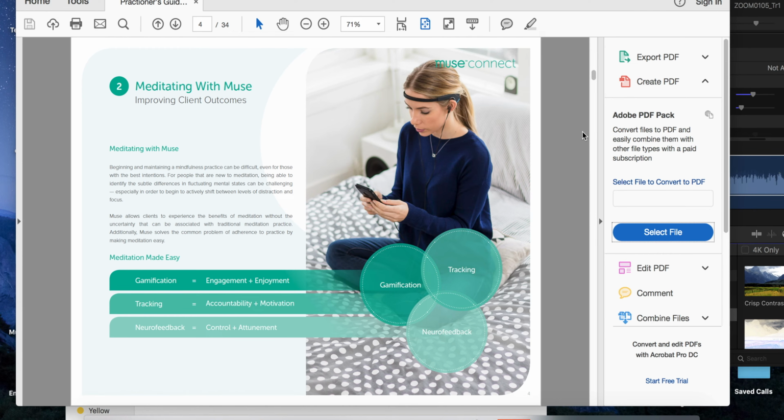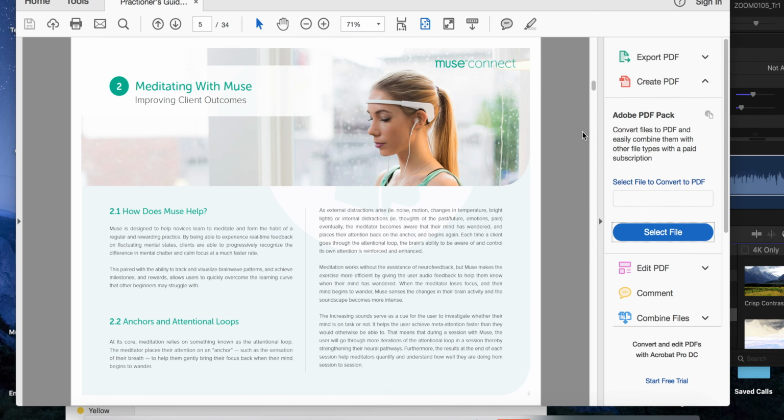I think that all these factors come into the confidence of meditating on a regular basis, and Muse, I think, is a great tool in order to do that, especially with someone guiding you along the way. So a big part of this meditative process is this idea of anchors and loops. So you're using your breath as an anchor to pull you into attention, which is bringing you deeper and deeper into the meditative state. But when you get distracted, you have to bring back your attention, and that's the attentional